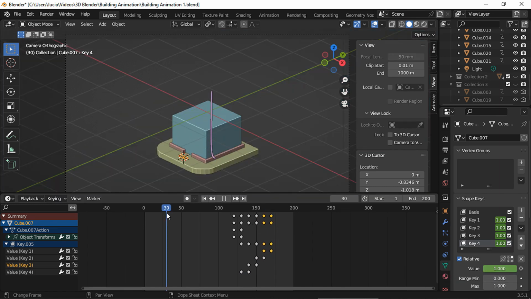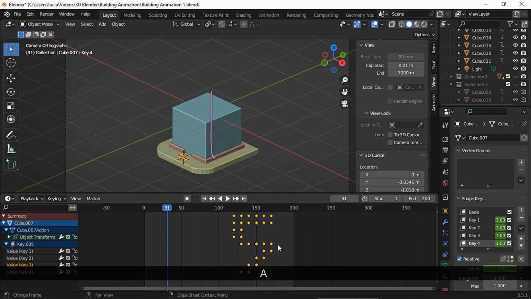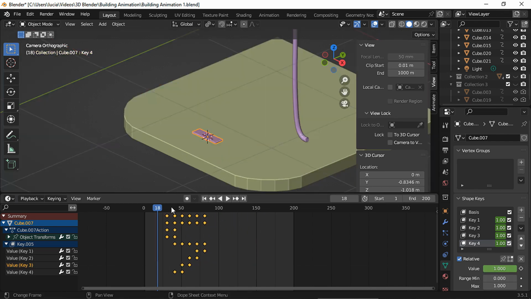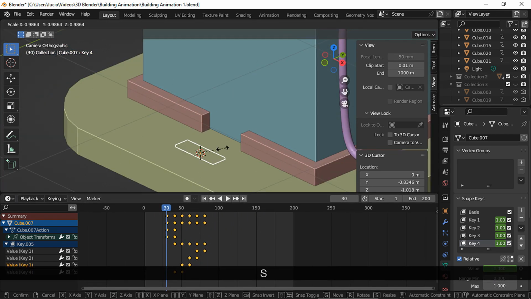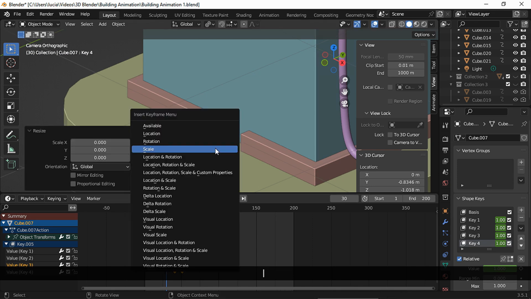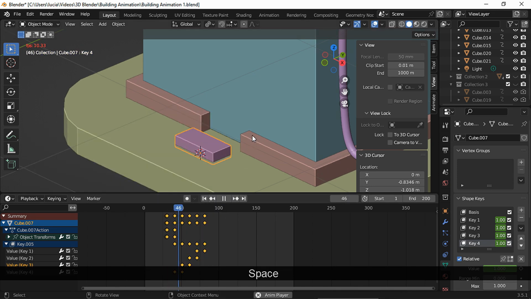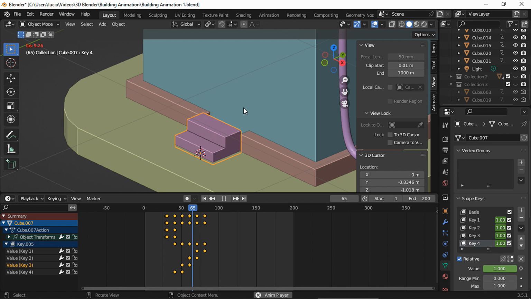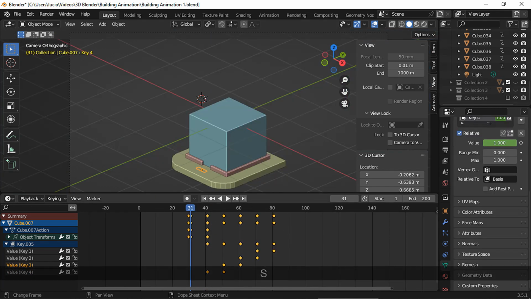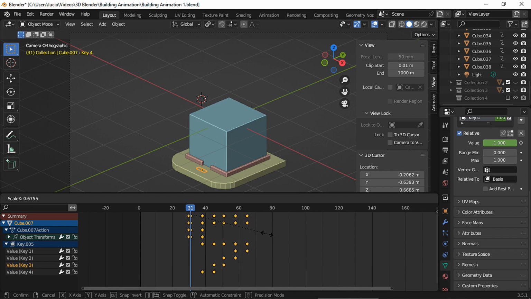And now move all the keyframes to frame 31. And one frame before, scale to 0 and set a scale keyframe. The animation seems a bit too slow for my taste, so place the playhead right here and scale a bit.